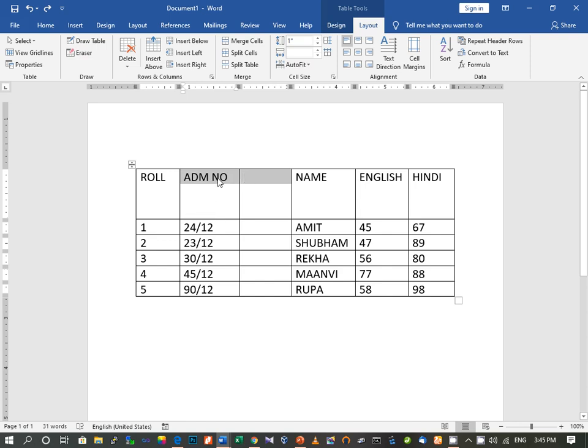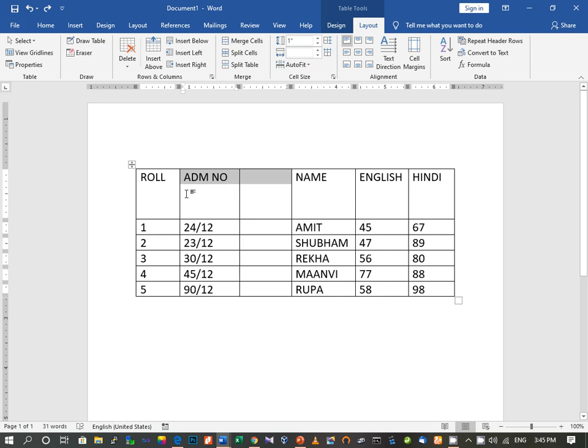One complete vertical line like this is your column, and the horizontal lines are your rows. So this is a cell, these are your columns, and these horizontal boxes are your rows.